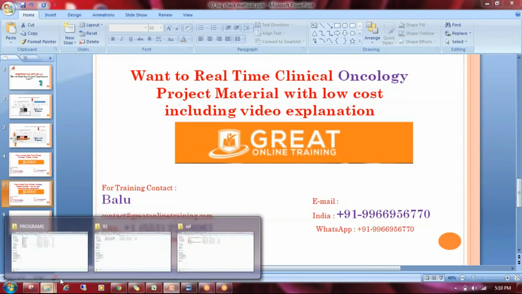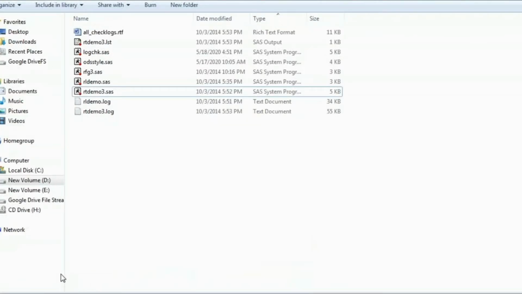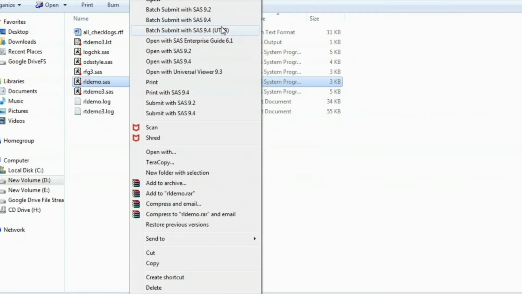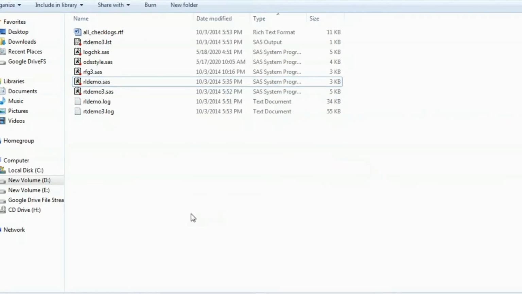Okay, coming to the point, for example your project has two programs. You have developed two programs and two logs were created. So how to create the log file? By using proc printto you can create it. Otherwise, if you directly submit the batch file, like here if you right click and choose batch submit, the log file is automatically created. Whenever you are executing a program, every time we are checking the log file. That is fine.